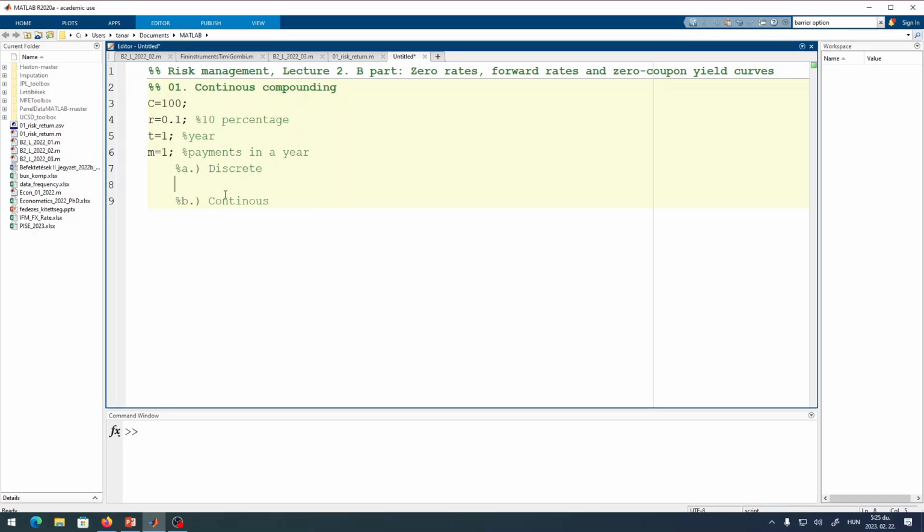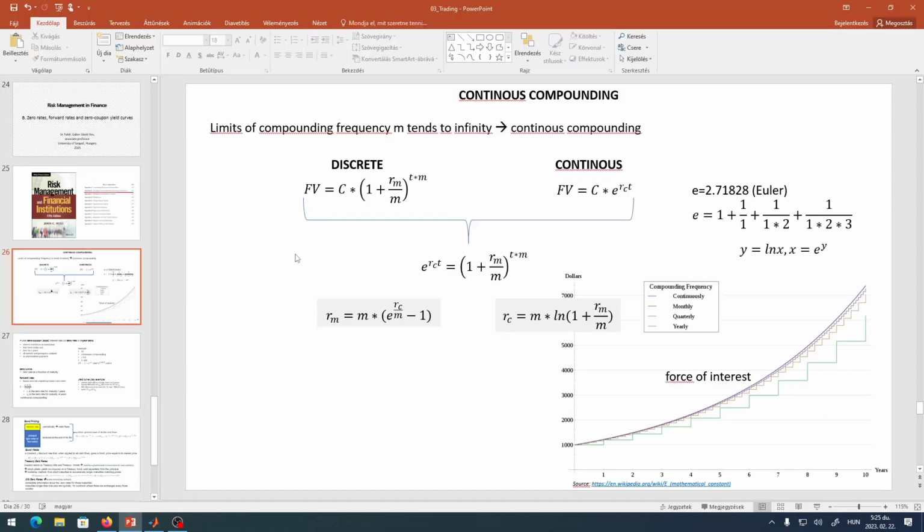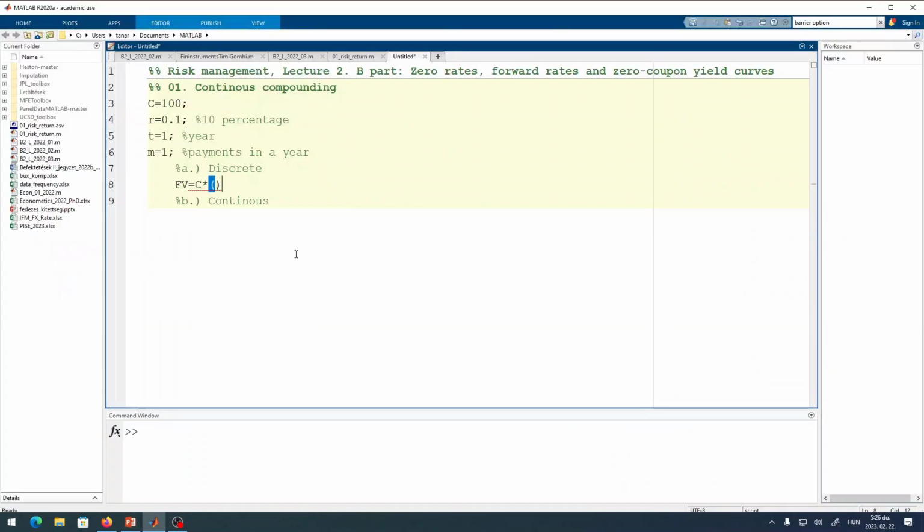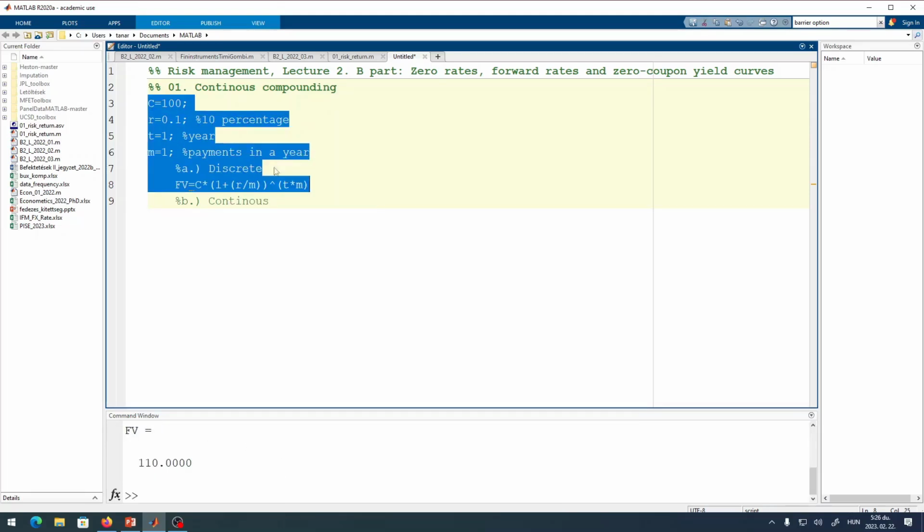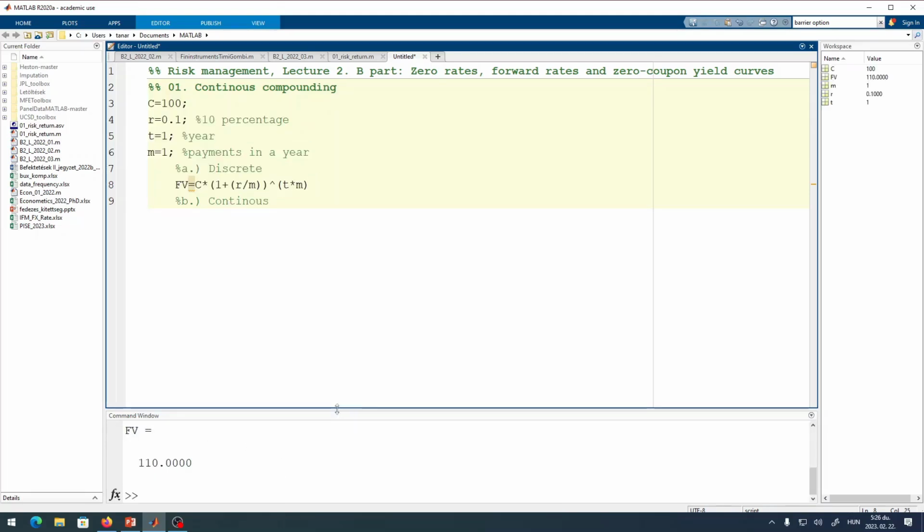In the case of a discrete scenario, the future value will be C multiplied by (1 plus r divided by m) to the power of t multiplied by m. I always prefer to use brackets. Okay, we have the future value,